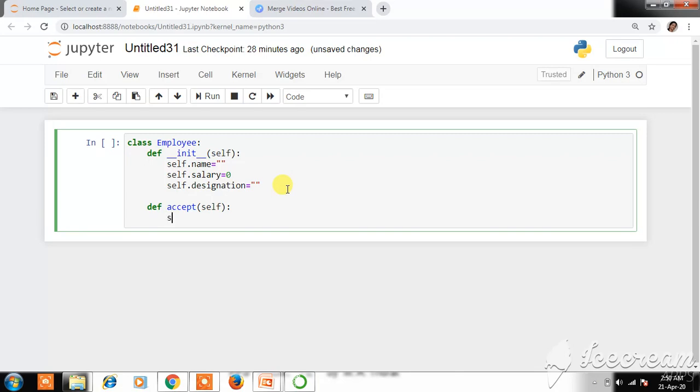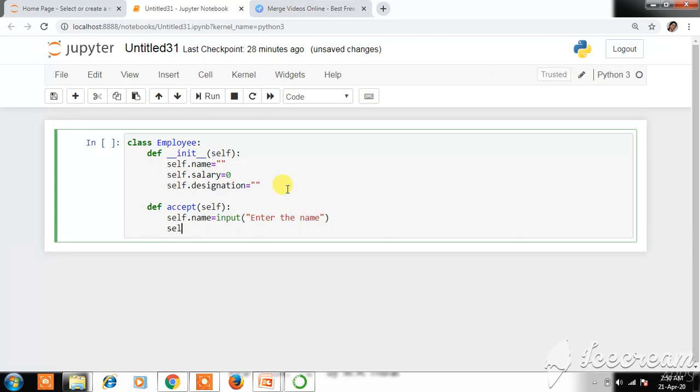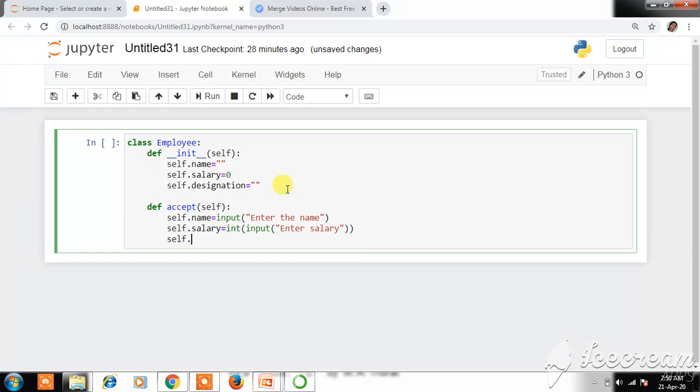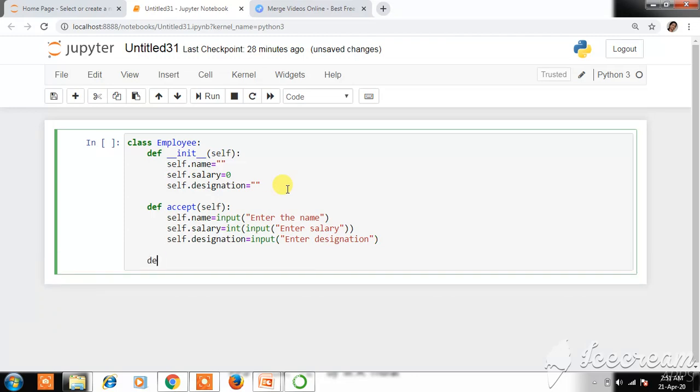Then we'll write self.name equal to input, enter the name, then self.salary equal to input, enter salary, and then self.designation equal to input, enter designation.